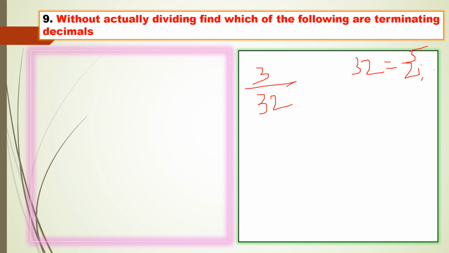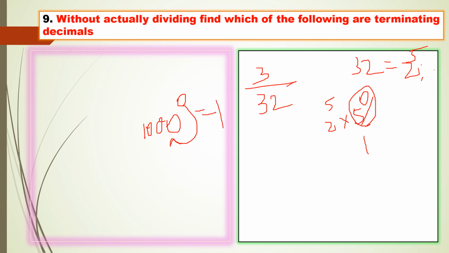So when there is no other prime factor, I can write 2 power 5 into 5 power 0. Why 5 power 0? What is the value of a number which has power 0? It is 1 only. Any number you take, even 1000, 10,000, 1 lakh, whatever it is, if the power is 0, its value is 1 only. When you multiply 1 with any number, you get the same number. So now I can write 2 power 5 as 2 power 5 into 5 power 0, which is nothing but 2 power m into 5 power n. So it is in the form of 2 power m into 5 power n.